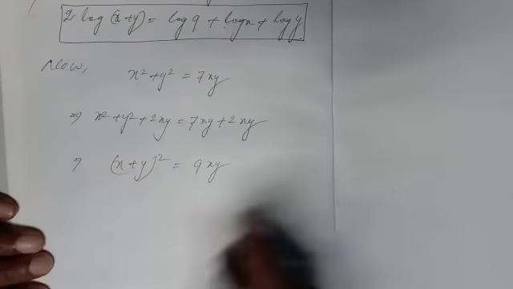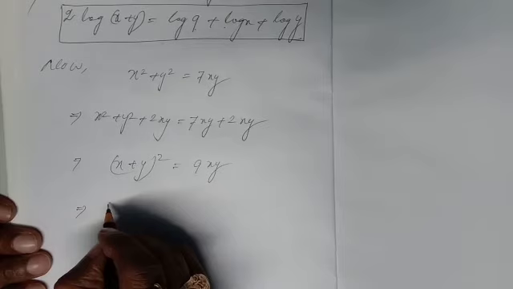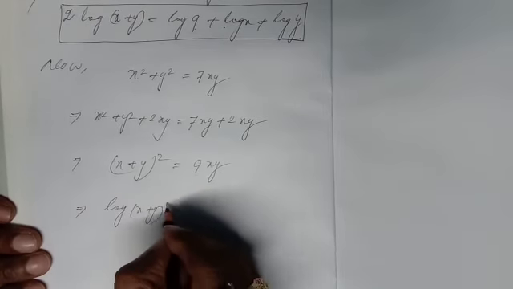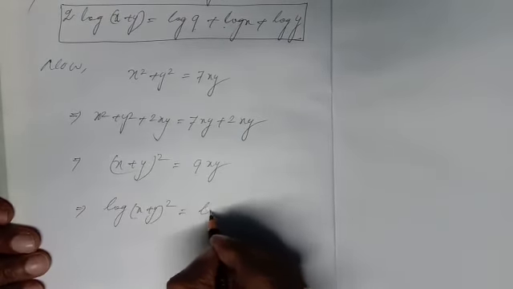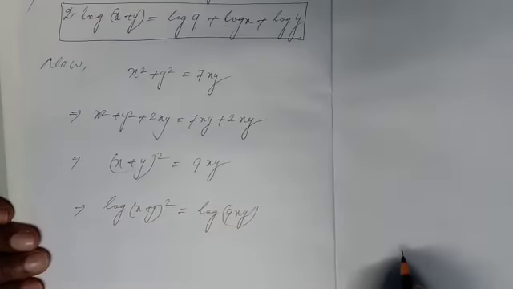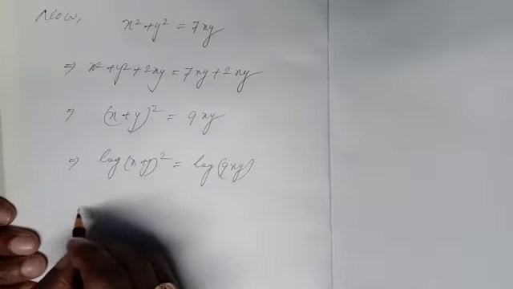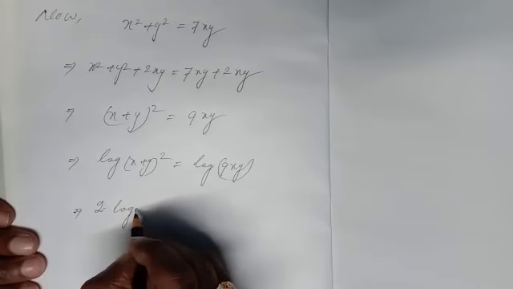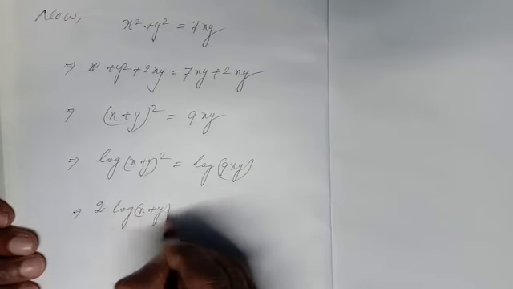After that, taking natural log both sides, this will be log of (x plus y) whole square, and this is log 9xy. After that, the power will come outside, so 2 log (x plus y),